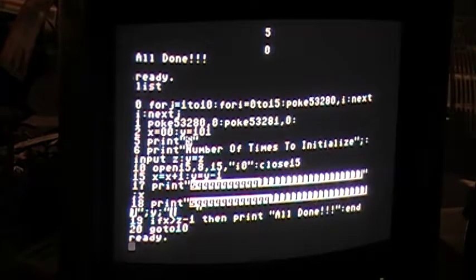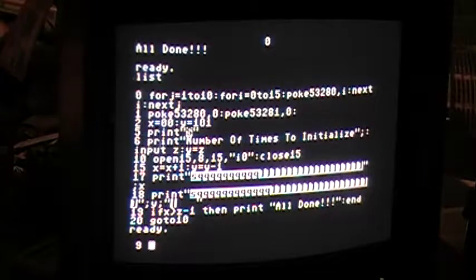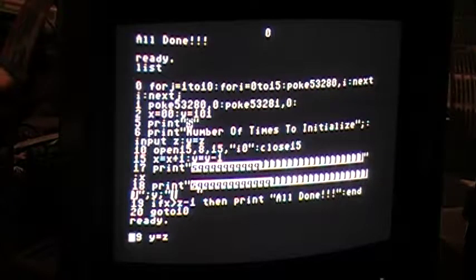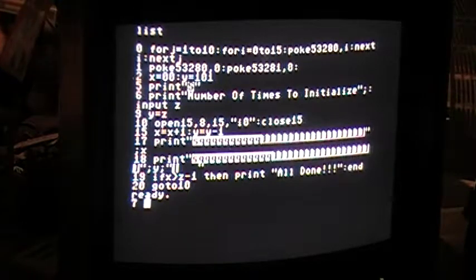Now, we have more line numbers here. So, we're going to, I should have spread this out, of course, it always works out this way. We're going to put y equals z in line. And take it away from there. And we'll list again. Why did I do that? I want a little space. So in 7,